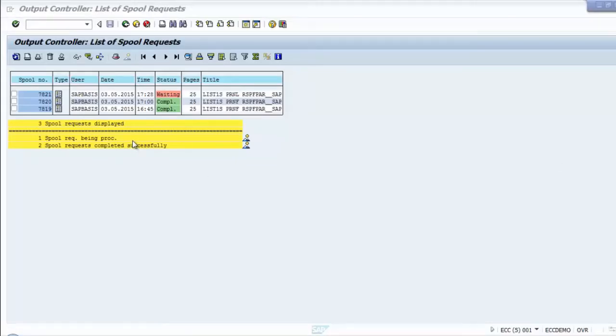If you find a status which is a minus symbol, just a dash, that means this printout is not sent to the operating system. Okay, no output request exists. That means you created the spool request but you did not create an output request. Let's say for example,